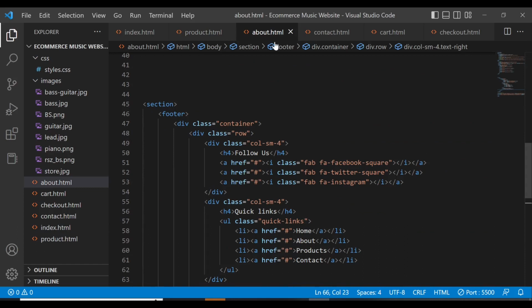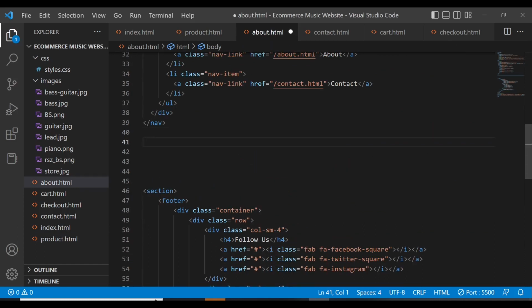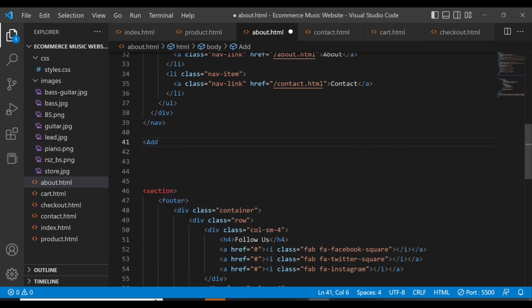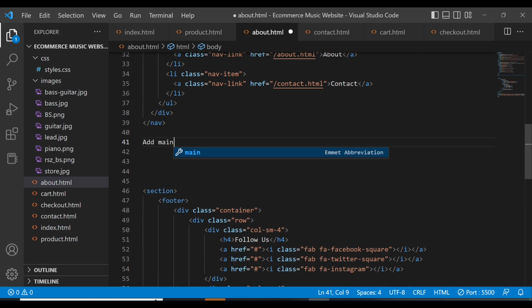Okay, so let's go to the about us. Now on the about us, what we need to have is this. Now on the about us, we are going to add the main content. So this is what we are going to do. Okay, so adding the main content,